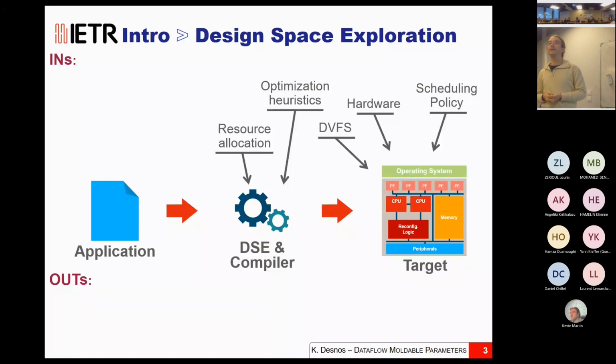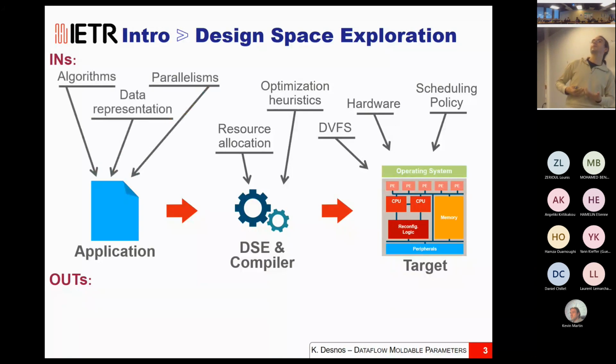The last thing you can play with, and the thing that is usually the least studied, is the application. When you speak about design space exploration, there are a lot of things that you can do also on the side of the application. For example, to solve a problem, sometimes you have many different algorithms available, which have different advantages and different drawbacks, and you have to choose. Even when you have chosen one algorithm, there are many ways to model it. Sometimes you can model it in a very sequential way, and sometimes in a very parallel way, sometimes with a good quality of service or a bad quality of service. If it's an iterative algorithm, you can choose how many iterations you want to run. So there are lots of things that you can play with on the algorithmic side.